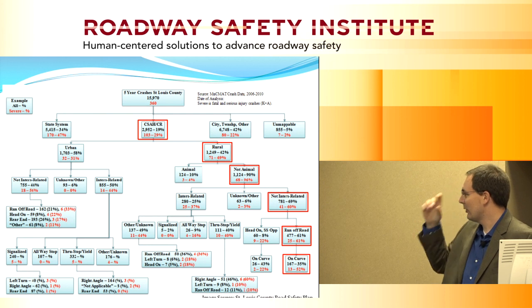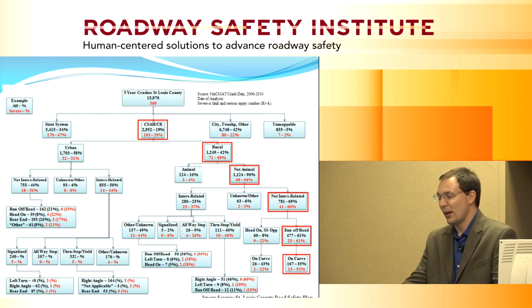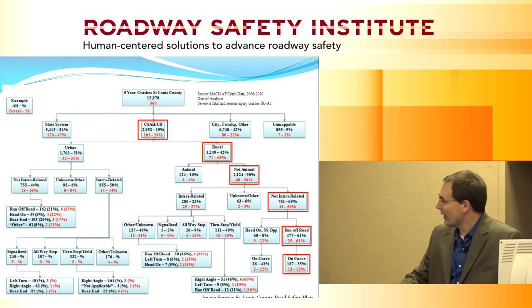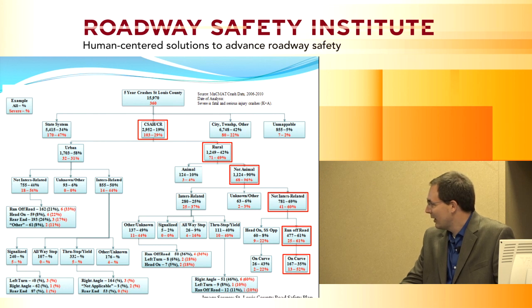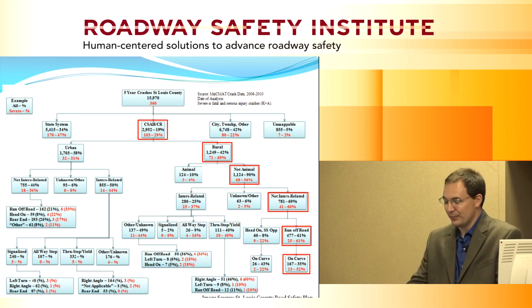It gets us down to curves. That's our focus area. Hence, why are we so focused on curve countermeasures? This is why. This is where most of our run-off-the-road crashes are occurring. And if you follow down the intersection-related tree, that branch, you're going to come to your through-stop yield intersections. That's your four-legged, two-way stop intersections. Okay?